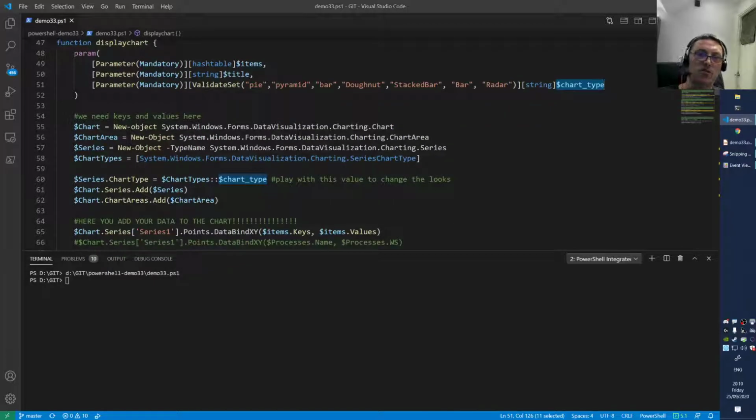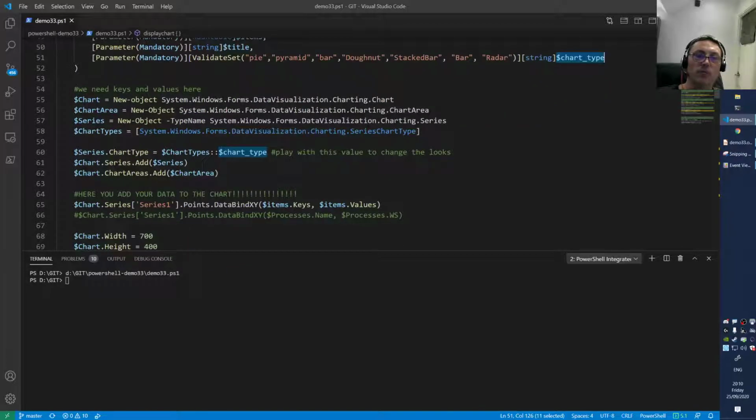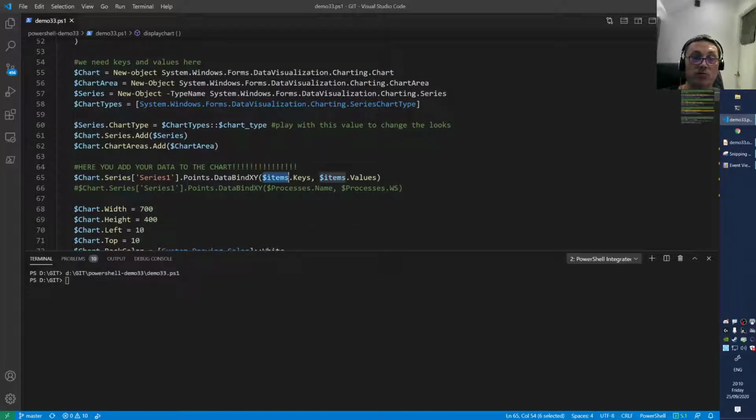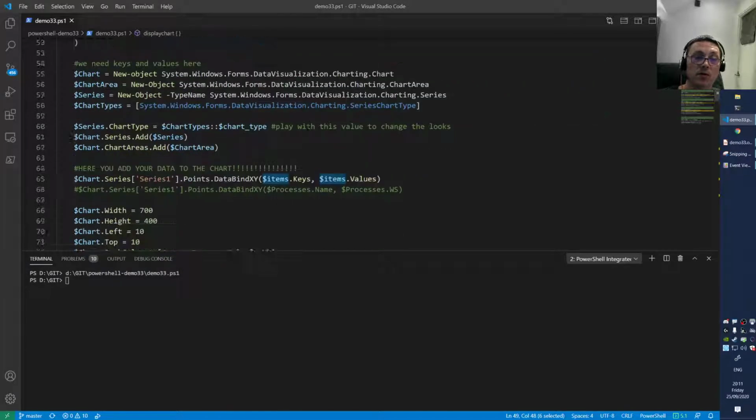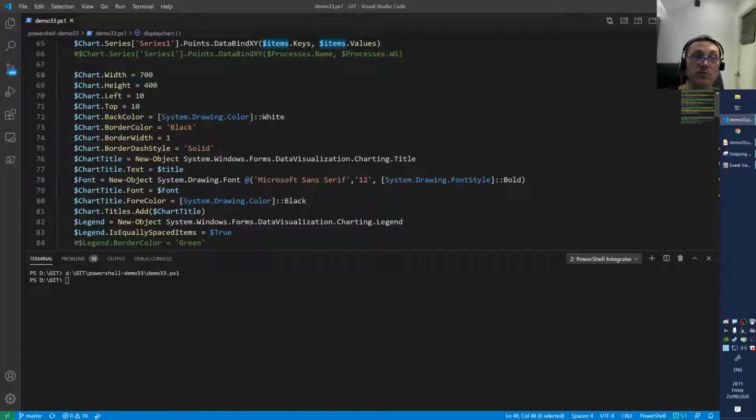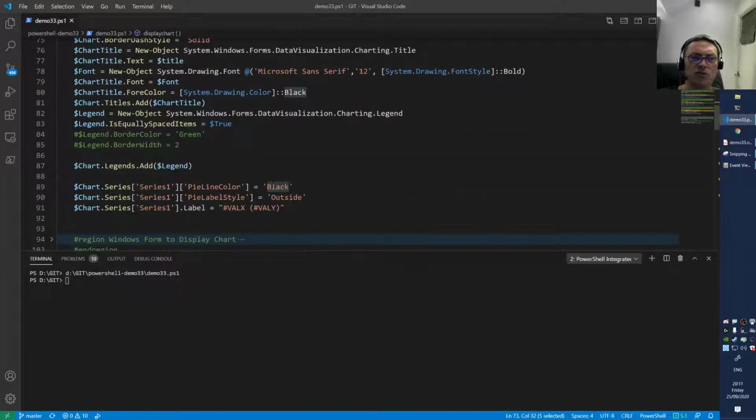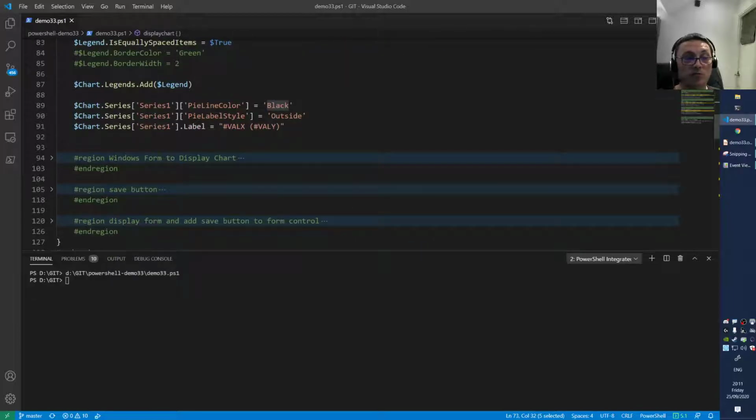And then inside of this function, we construct that chart, basically what you saw earlier, right? And this is where you stick the keys and the values in from the hash table. That's input, right? This one, that's the input. You stick that in. And here you have some border coloring, we have some other stuff. We're going to play with that in a little bit, but this is it for now. So this is a function, and this basically displays that information to the screen for the end user, right?